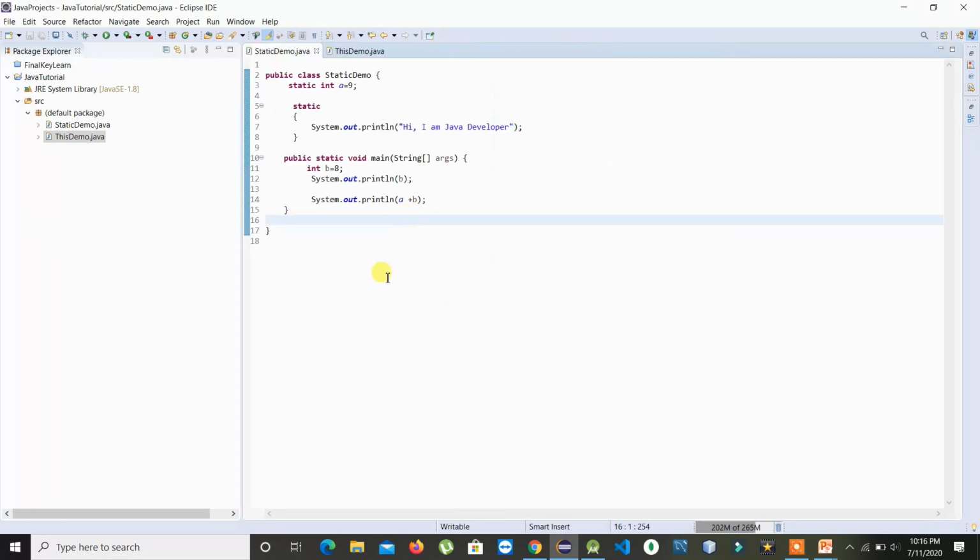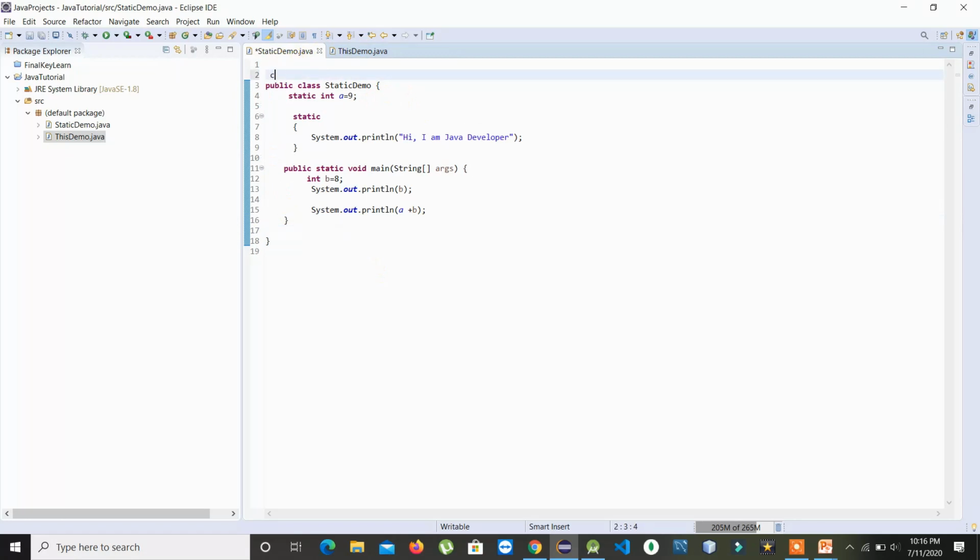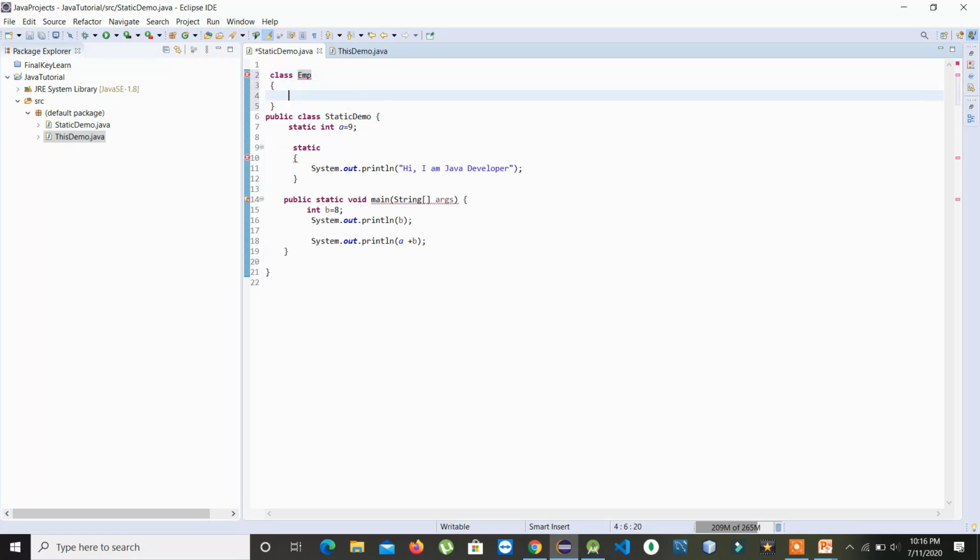So this is all about static and this, and I hope you understand that for a static variable or a static, okay, I'll make you understand about a static method. Let's take another class. Let's say class Employee. Now in class Employee I have, let's say, employee ID.